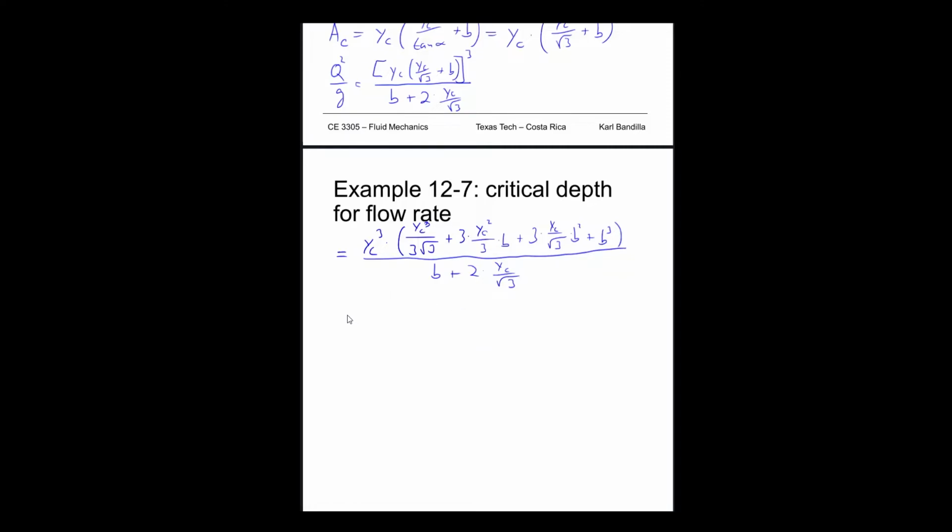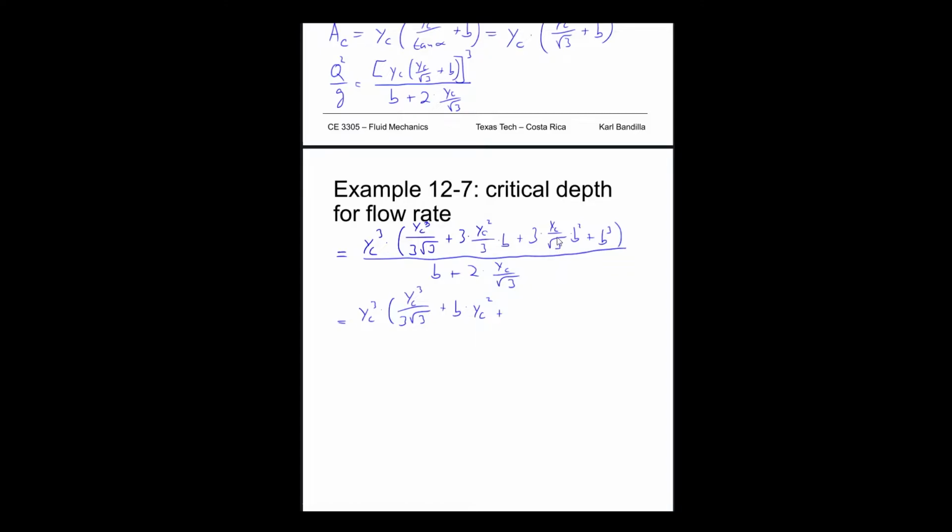All right, I think we can simplify this just a little bit. So let's leave the yc to the third power right here. The first one we can't do very much about. So that would be yc to the third power, 3 times square root of 3. Here the 3's cancel out, so b times yc squared